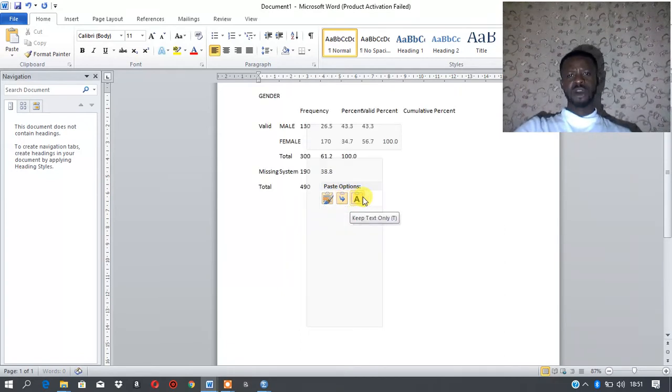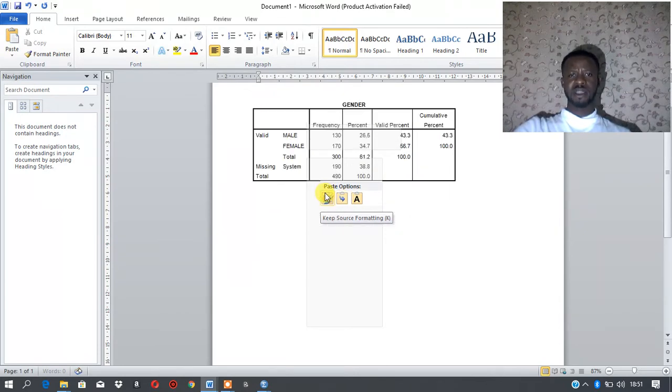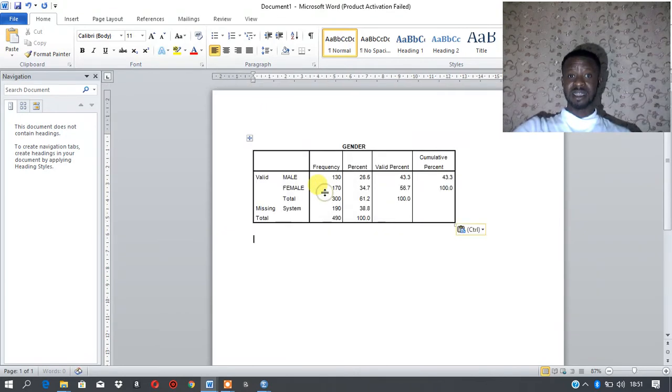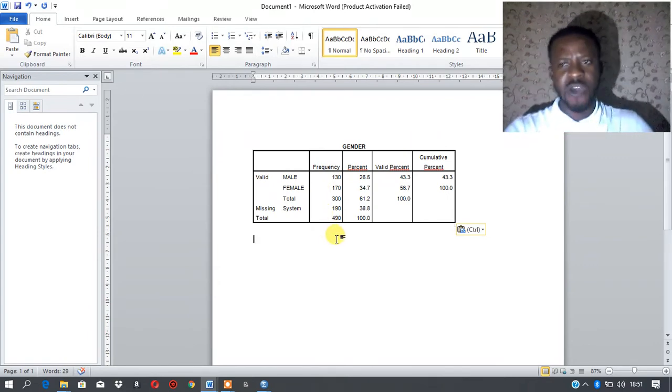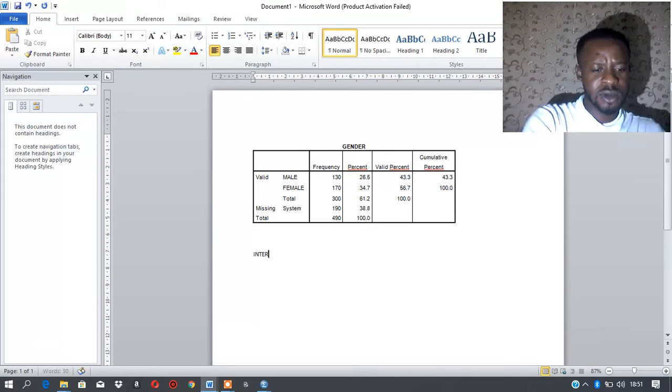Look at the pasting options. If you look at the first pasting option, the table is not showing well. Look at the last one, it's showing well now. Then you left click, and the table will appear. And when it appears, under it you will now write interpretation